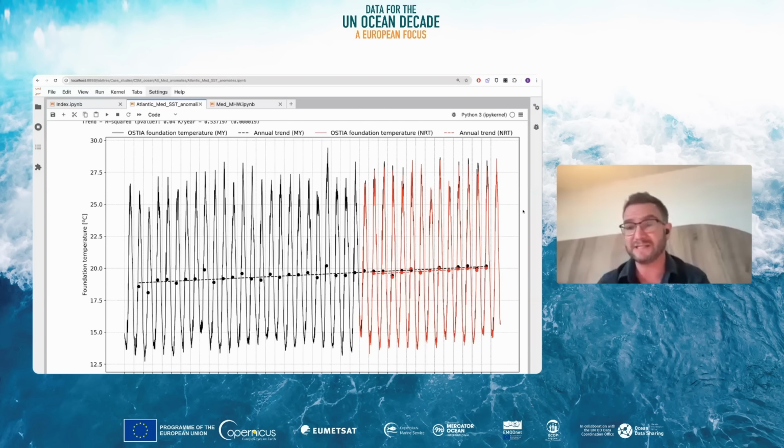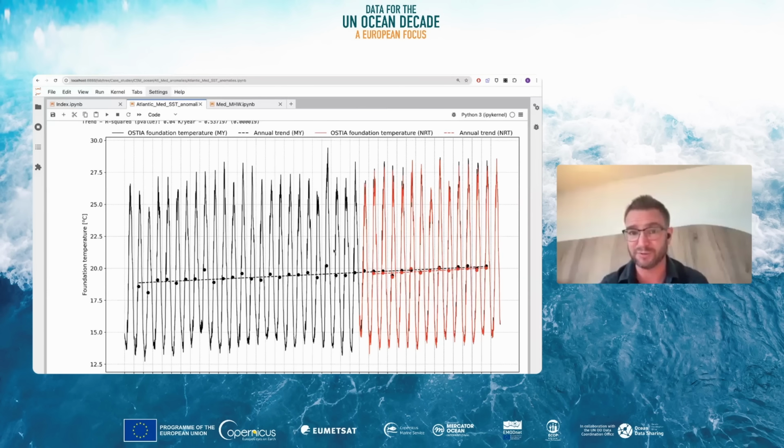We would entirely expect this to be the case. When we process in near real time, we don't have access to all the different supporting data sets that would help us do this analysis. And so this is just the guidance to show you that if you're going to work with marine heat waves and defining them for yourself, you should be very careful what you choose as your climatological baseline to do this